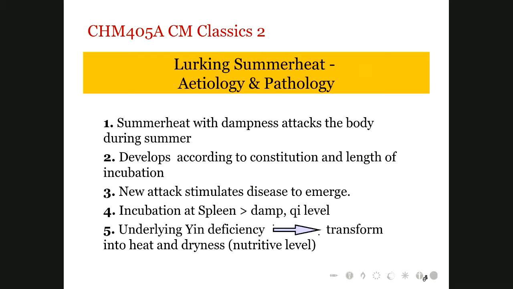Yes. If they present in different seasons, they can be named differently, and clinically could have different severity of the heat. You're right. If you catch these pathogens in summer and it comes out in autumn or winter, you call it lurking summer heat. But if you catch a pathogen in winter and it comes out in spring, you call it wind warmth, because the pathogen is different. When you catch a pathogen in winter, you don't have damp heat, only damp cold. Then it comes out in the spring; that's wind warmth. It's incubated, so it's different. They have no dampness involved.